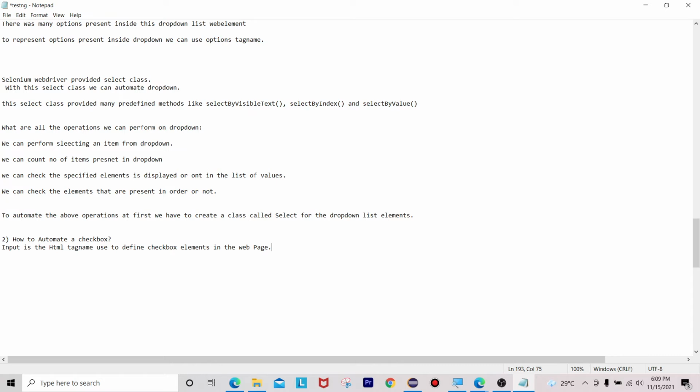Okay, so what are all the operations we can perform on a checkbox? We can select a checkbox, we can deselect a checkbox, and also